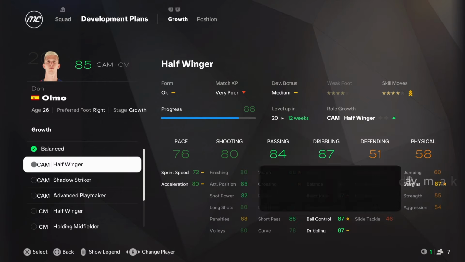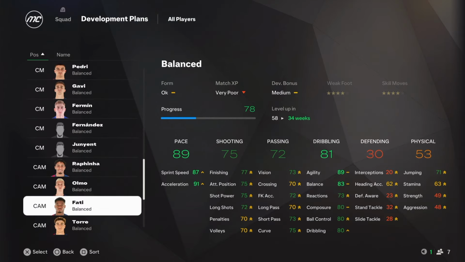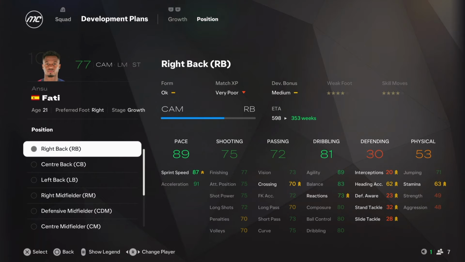Once this is done, his development plan goes as such: 2 to 3 months as a cam shadow striker plus, 1 month as a cam advanced playmaker plus, 1 month as a cam half winger plus, and then 1 month as balanced. ANSU FATI. Now for him, the first thing we're going to do, we're going to train him as